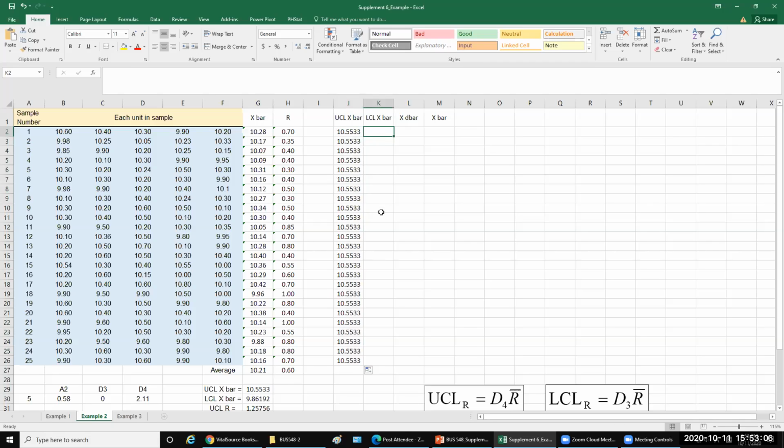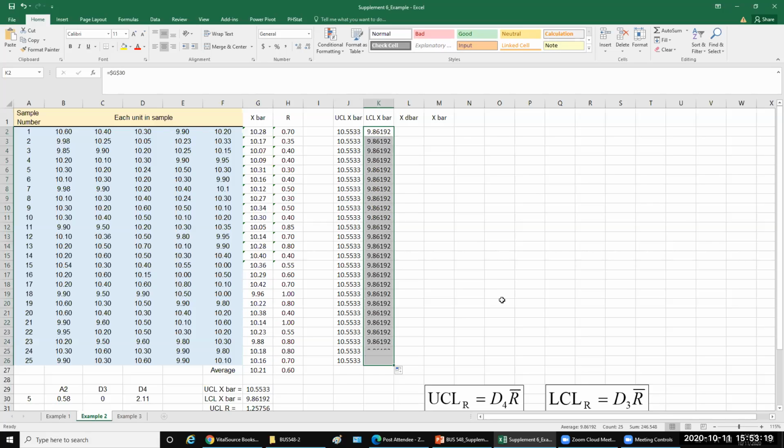Then LCL equals this, copy all the way down, and then X bar,